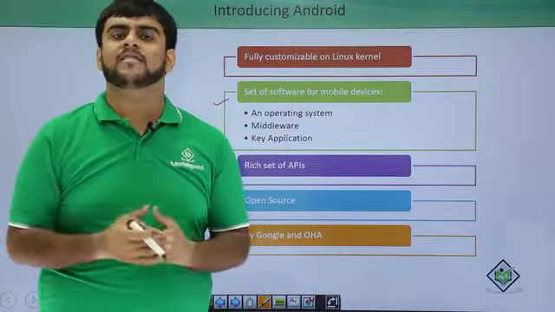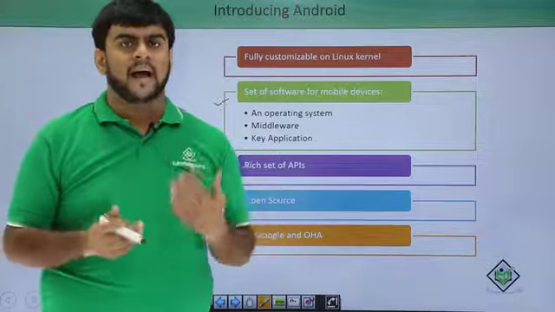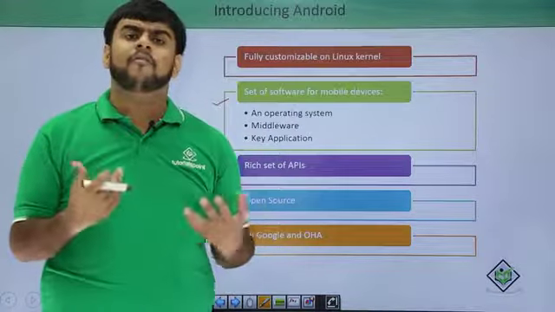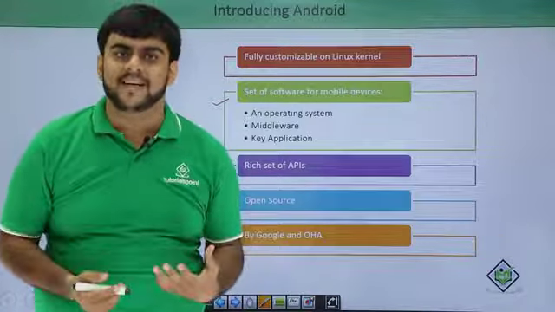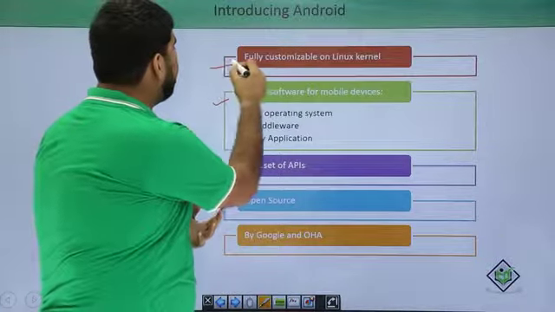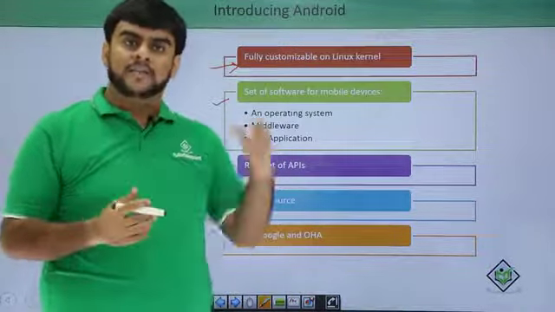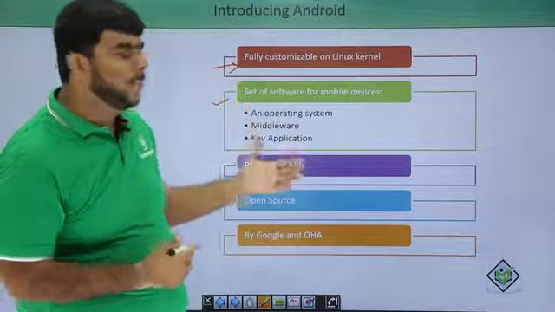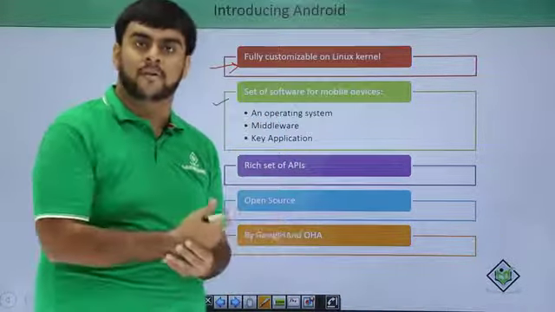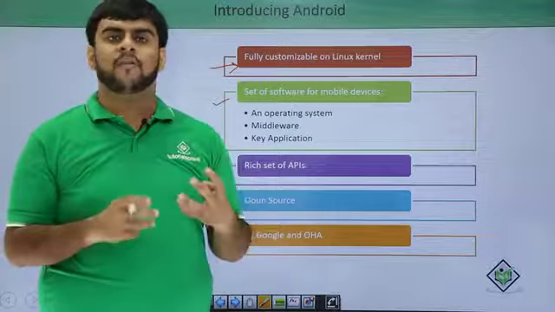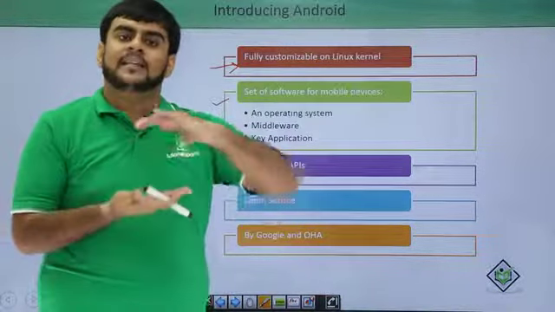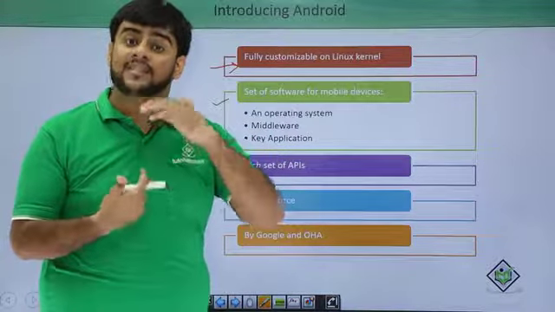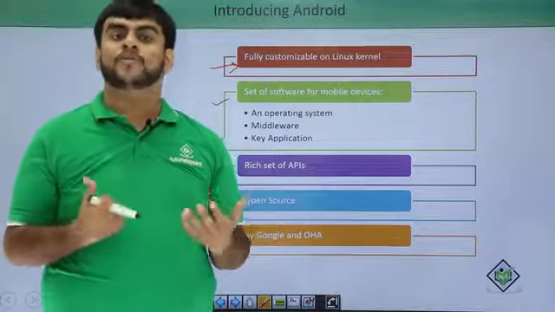We have been hearing this term for quite some time now. Android is based on Linux. What do we mean by based on Linux? We define the Android OS as based on a kernel which is a Linux kernel. We will understand this deeply when we study the architecture of Android in the upcoming sessions. But to put it in a very short manner, the entire base of Android is a Linux kernel, which is very stable and belongs to the open source community.